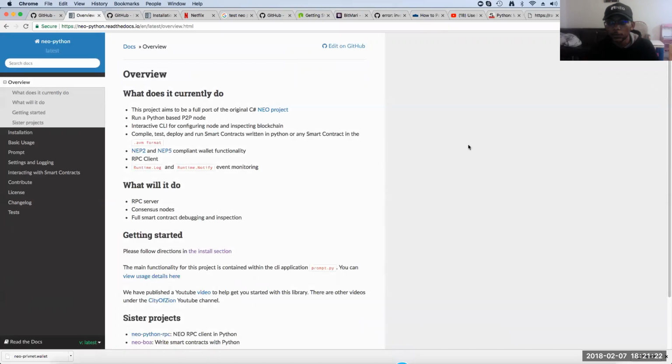Interactive CLI for configuring node and inspecting the blockchain. You can compile, test, deploy, and run smart contracts written in Python or any smart contract in the .avm format. It is compliant with NEP2 and NEP5 compliant wallets, and it is also an RPC client. So this is just part of it. This is what's actually going to run the smart contracts, and then how we actually write the smart contracts